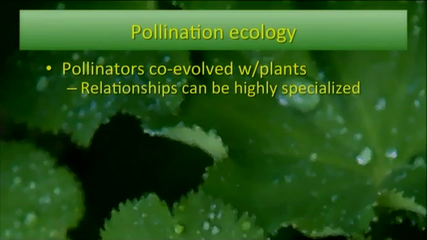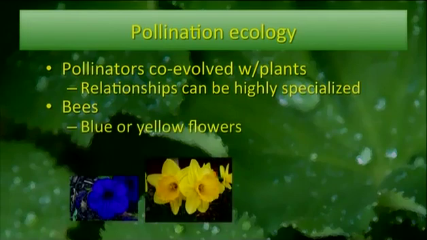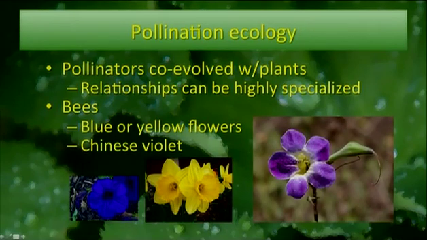Okay? So some of the animal pollinators include bees. So they tend to pollinate blue flowers or yellow flowers. Okay? An example locally is the Chinese violet, Asystasia gangetica. Look, there's even a place for the bee to crawl in here to get the pollen. Okay? And we have Wedelia, which is an Asteraceae member, a composite. Okay? It's a yellow flower. It looks like a single yellow flower. It's maybe about an inch wide in diameter, but it's actually a grouping of flowers in a head, a capitulum.